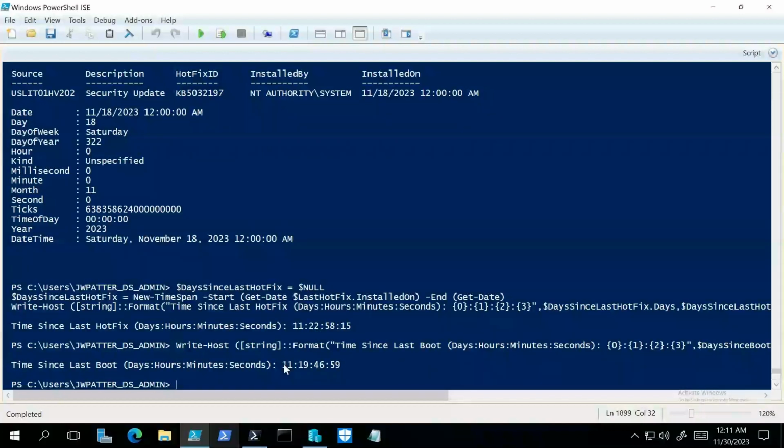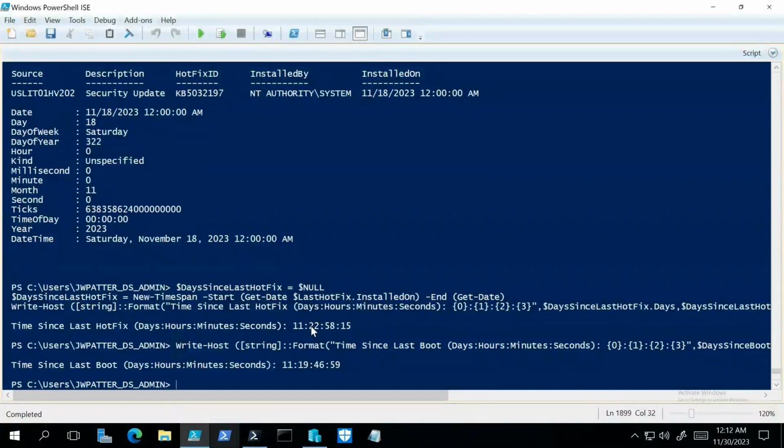The system booted 11 days ago, 19 hours and 46 minutes. And before that, the last hotfix was installed a little bit longer ago, a difference of about 3 hours. So that might correspond to midnight on or around November 18th. So it looks like the system was rebooted after the last set of hotfixes,